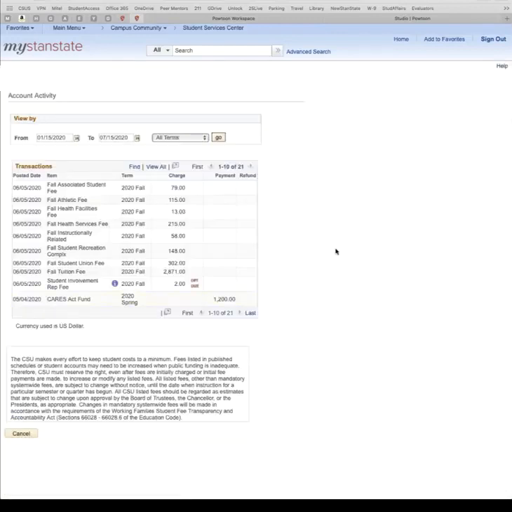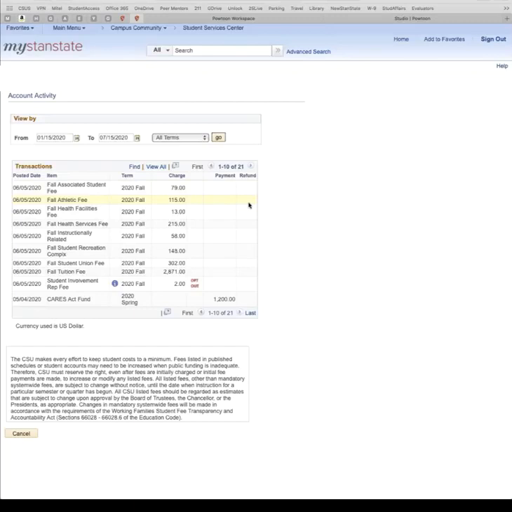So in this section, the page will show you everything that has been billed by line item, as well as what has been paid for or refunded to you. This area will also show you why your fees may differ from someone else's. Generally, if the fees differ, what you are looking for is course-related fees, some of which happen to be either